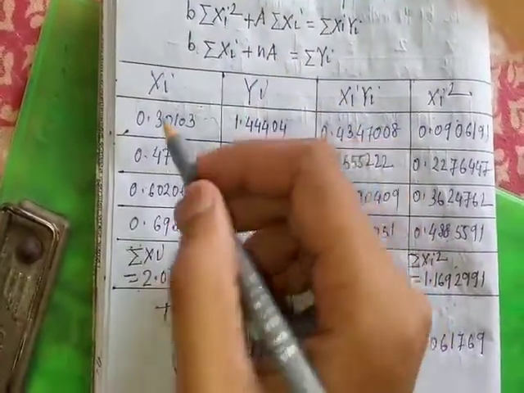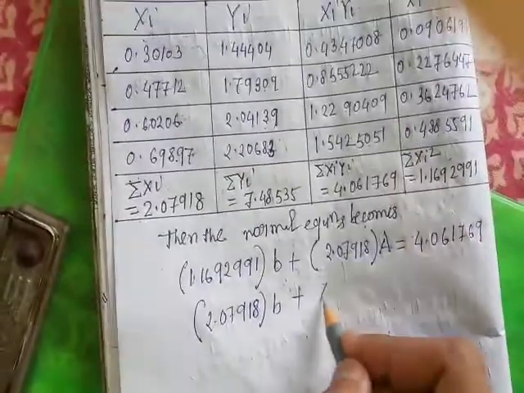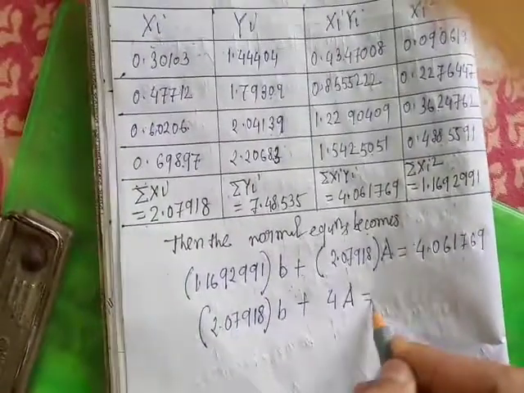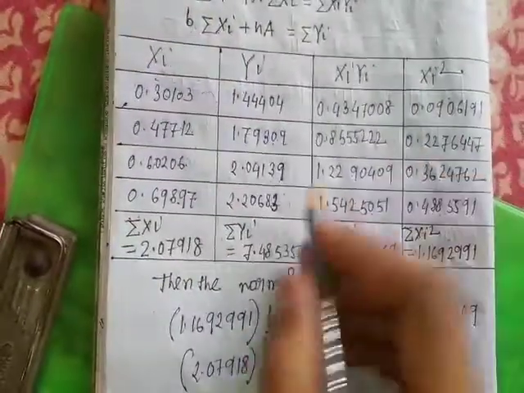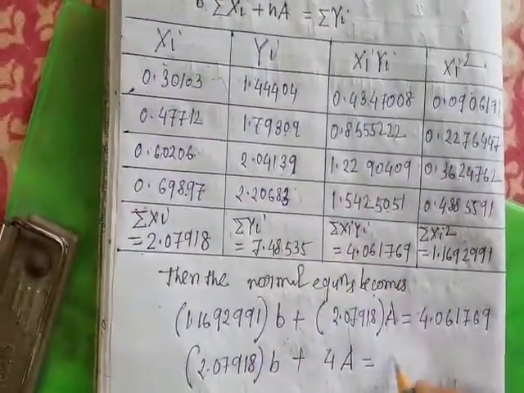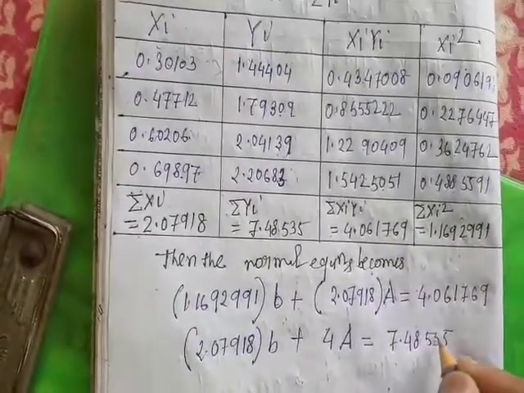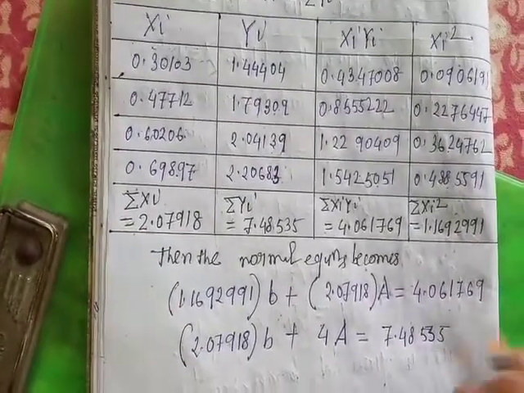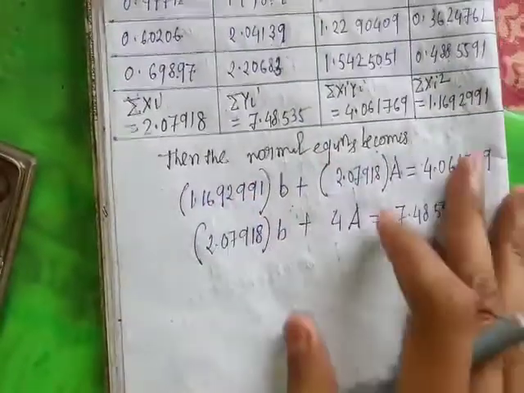Here the number of data is 4, so n is equal to 4. So 4 into capital A equal to summation yi. So the value of summation yi is 7.48535. Okay, so after calculation with the help of a calculator, we get